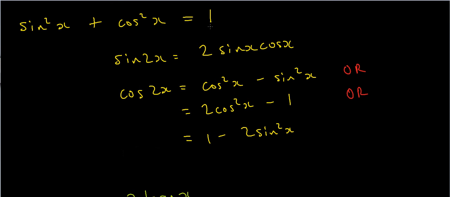So in this video, I'd like to talk a little bit about trig identities, and we're going to look at some examples of where we might use them to prove some other more complicated identities. So to start with, the trig identity you should definitely be familiar with is what's called the Pythagorean identity, which